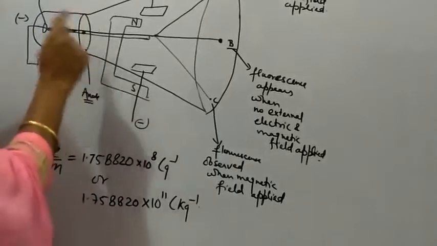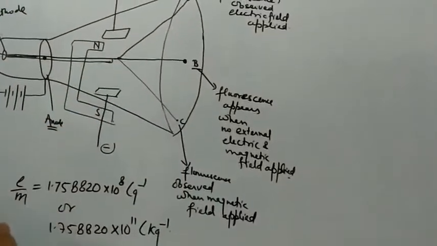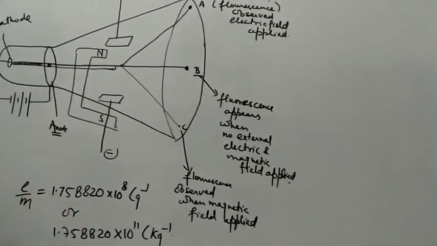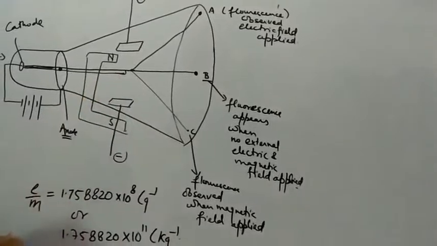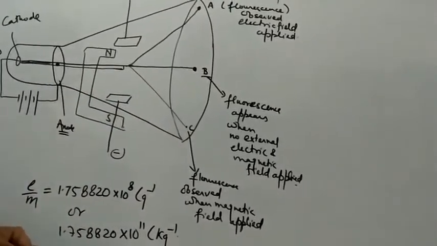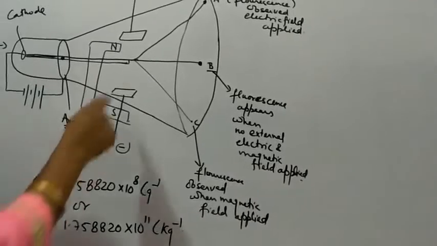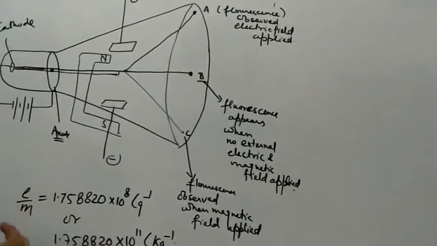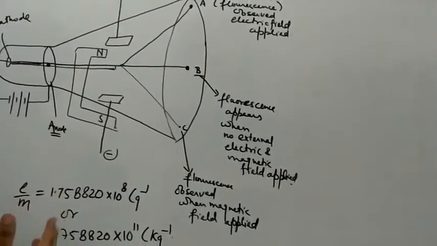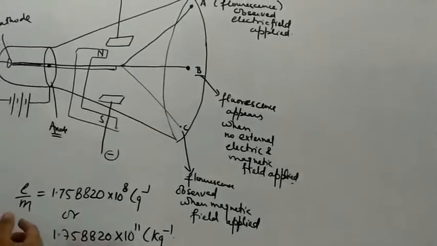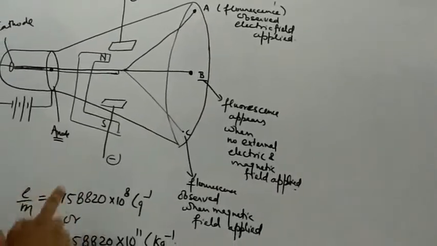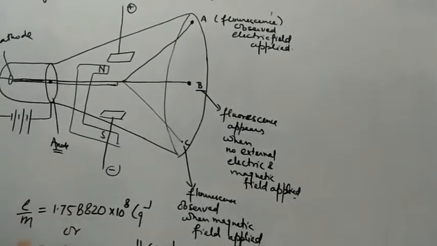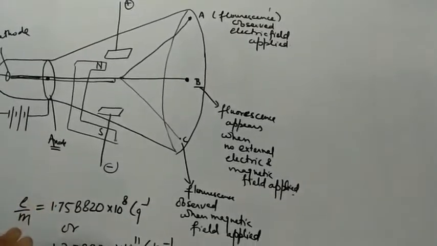Now students, the cathode ray is showing the deflection, right? Now can you tell that the magnitude of deflection will depend on which factors? The deflection of the cathode ray is going to depend upon the mass of the electron, the mass of the particle which is negatively charged. If the mass is more, that means the particle is heavier, so the deflection shown will be minimum. Lighter the particle, greater will be the deflection, and when it is a heavier particle, the deflection is going to be less.